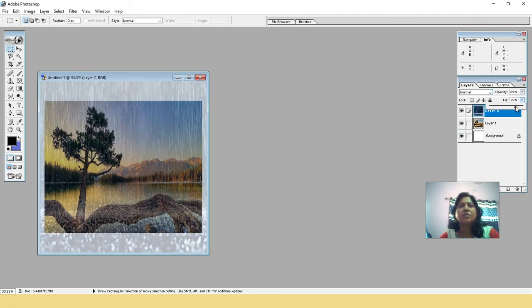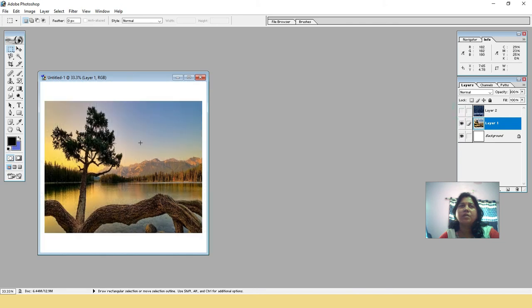You can change the fill, which means your color becomes light. Okay. Now as per opacity, make it off this one.